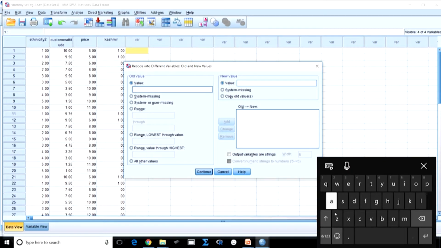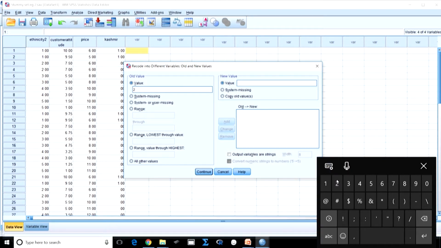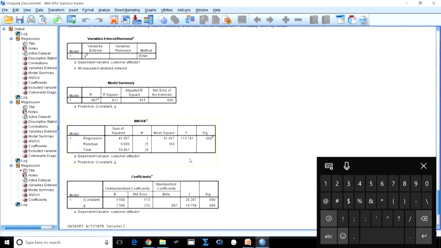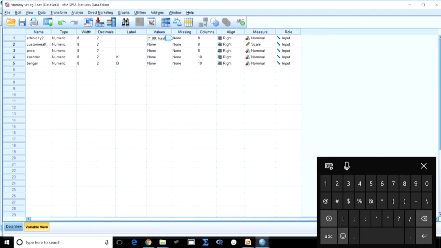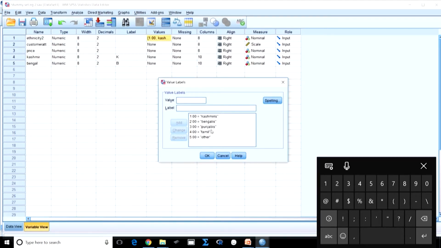But now the new value will be 1, because it is a dummy, add. All other values will be marked as 0, right. So, continue, and OK. Now, let us go back to the model. So, you have created one file for Bengal. Now, again go for the third, if I remember, let us check, the third was Punjabi, then Tamil, then other.